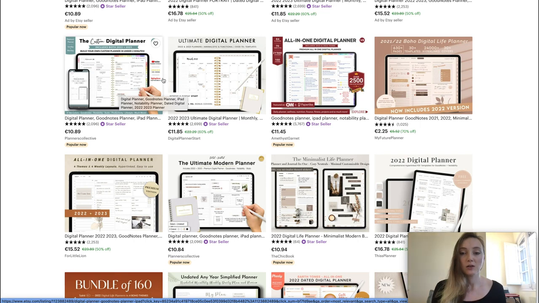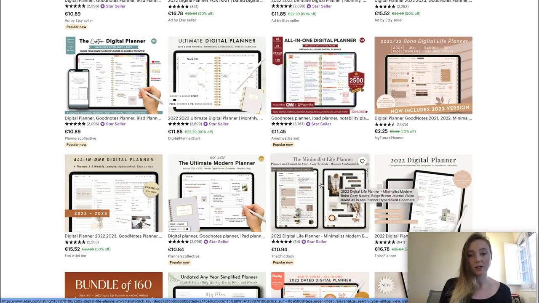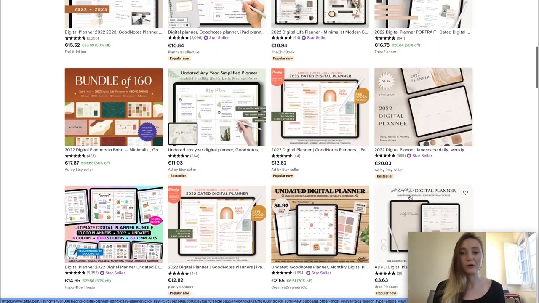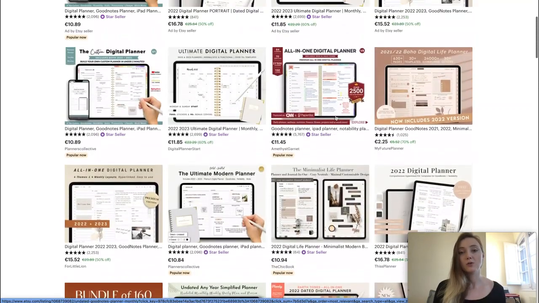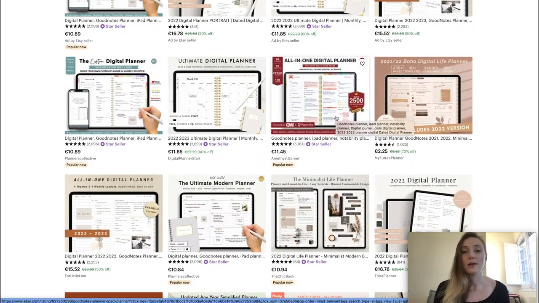As you can see, 3 of these have the coil ring in the middle, so a realistic touch, and then all of these are more minimalist, more modern. There's also a boho planner, so trying to capture immediately what's popular right now